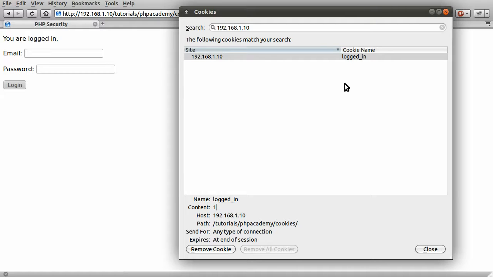So cookies generally should not be trusted, is the point here, and in fact they should be treated in the same way as any other variable, like a get variable for example. You wouldn't just set a get variable logged in equals 1, because that's so obvious and easy to change. It's not particularly obvious to change a cookie, although it is just as easy. So the way to fix this is to not store sensitive information in the cookie,